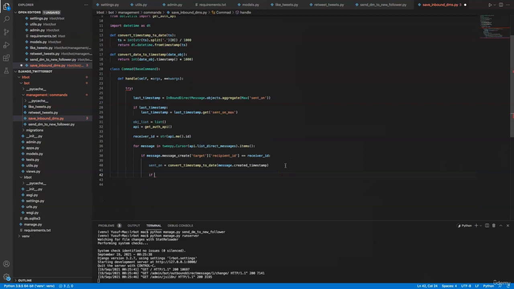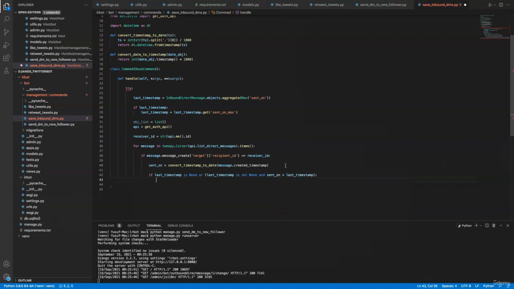If there's no timestamp, I'll still be able to run and download the messages with my bot. So if last timestamp is none, or last timestamp is not none, and sent on is greater than last timestamp. Okay,